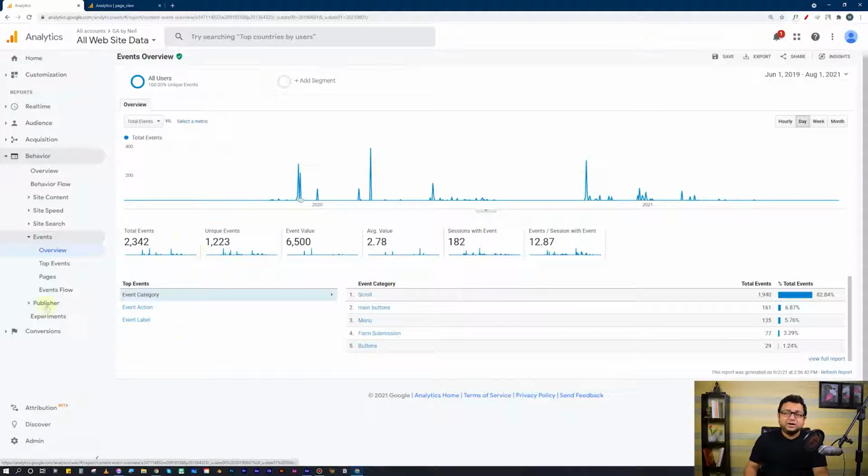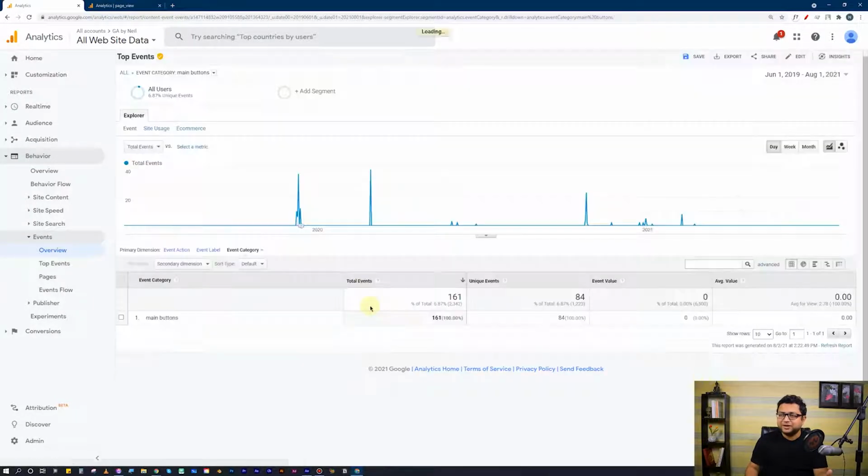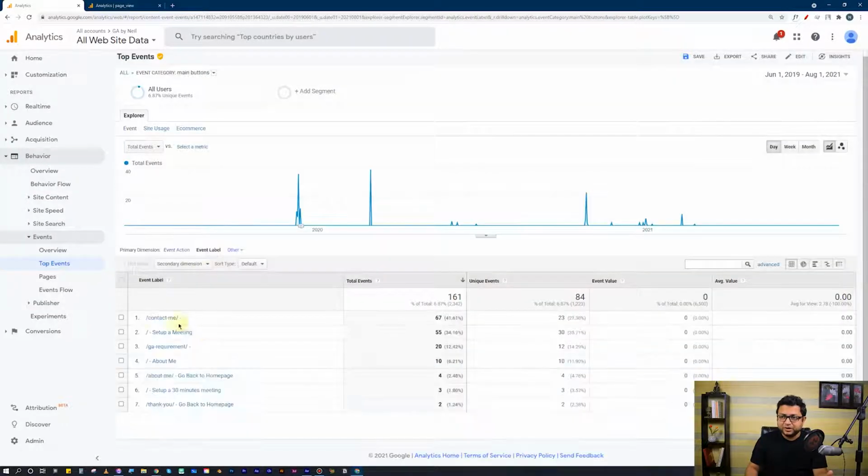Now the point is that this structure was very rigid and did not allow for customization of information. For example, if I go inside these main buttons on the screen, you'll see that the category is main buttons, the action is click, and then the label.